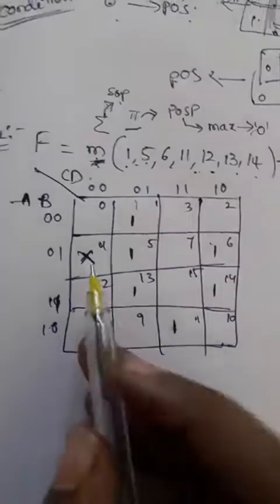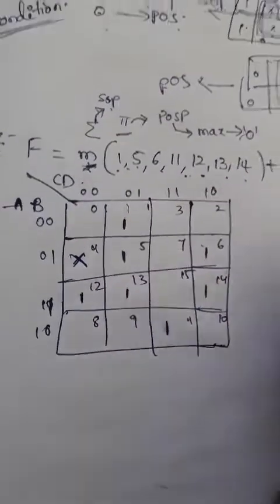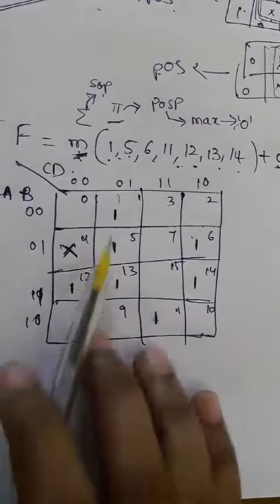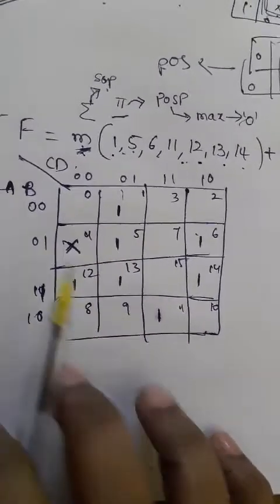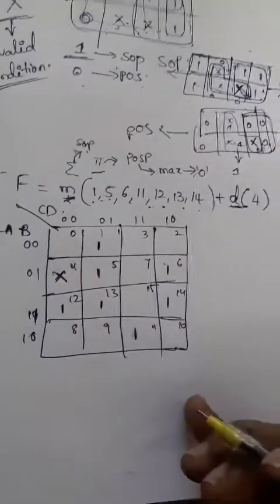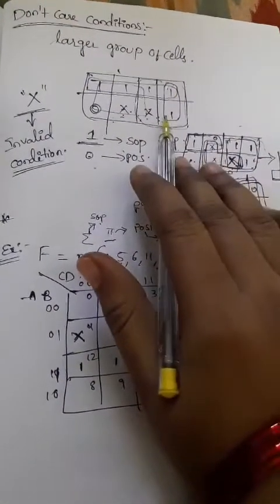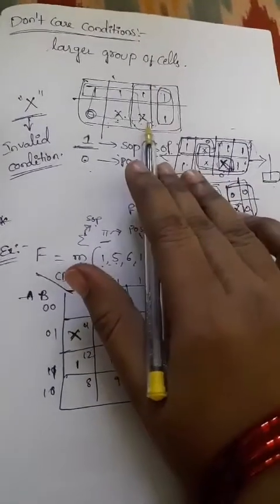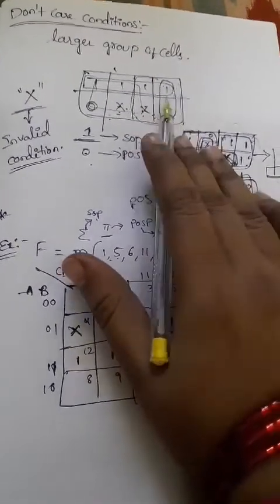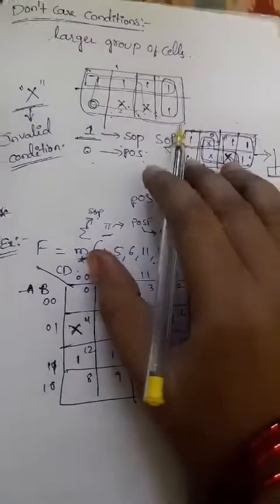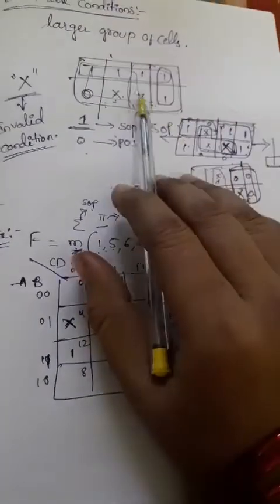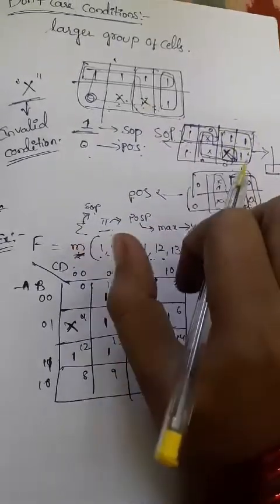So how will it group? Is any octet possible? Just check. There are no 8 adjacent cells directly, so we cannot form an octet here. The next step is a quad, which is nothing but 4 cells, as I just explained. The don't care cells are also a possibility for grouping, right? If there is any adjacent don't care cell for SOP or POS expressions, we can include it in the grouping.